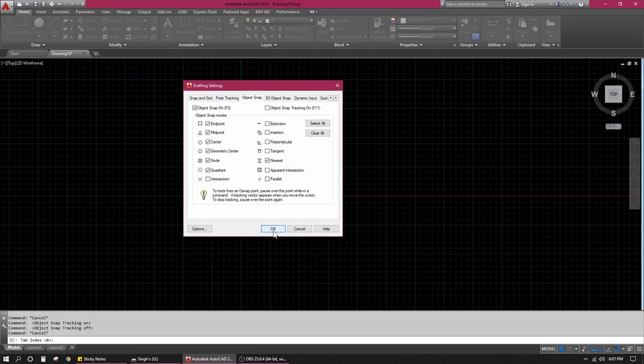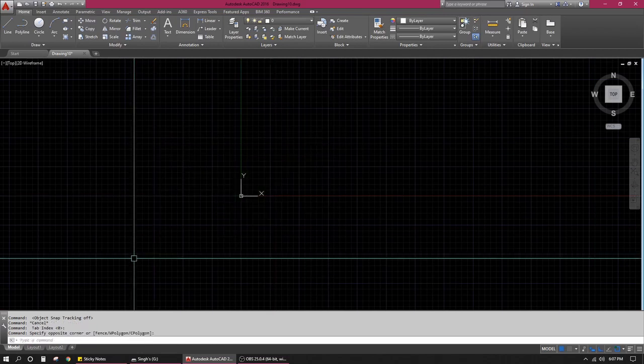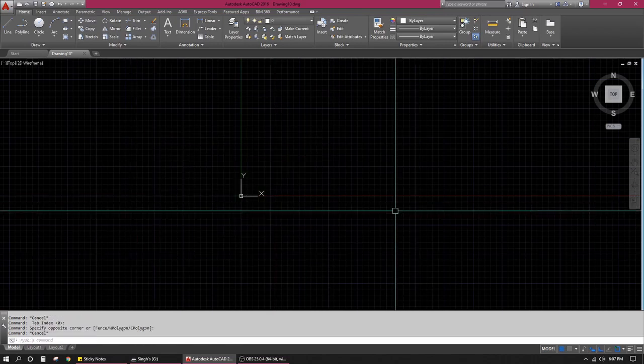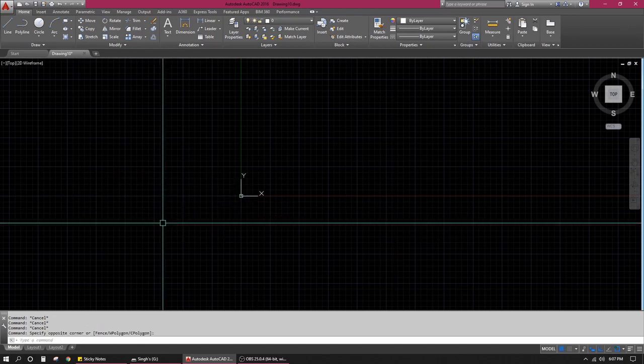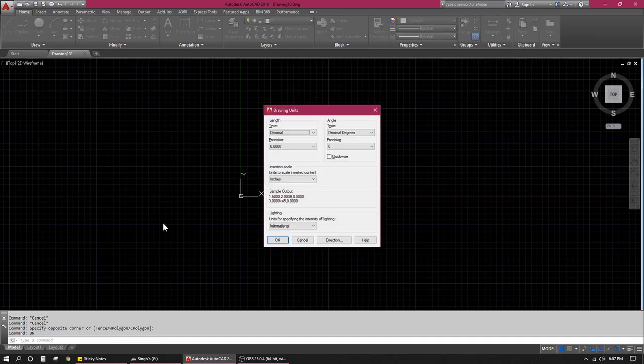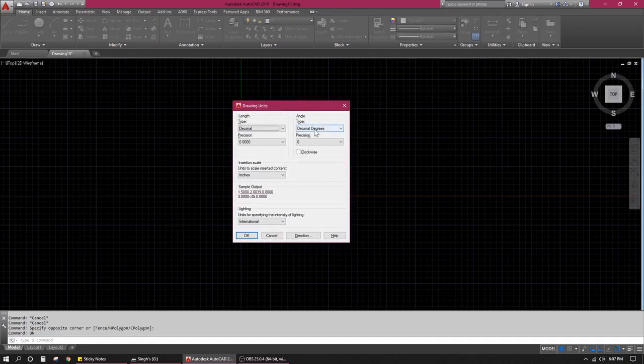Now I go ahead and press OK in this. Yeah, and now I'm all set to draft. But before that, I need to just check the units of my drawing. So now I can access that tool by typing UN and spacebar, UN enter. If you see over here, the length, angle, scale and output and lighting factors are just shown to me on the screen, right?